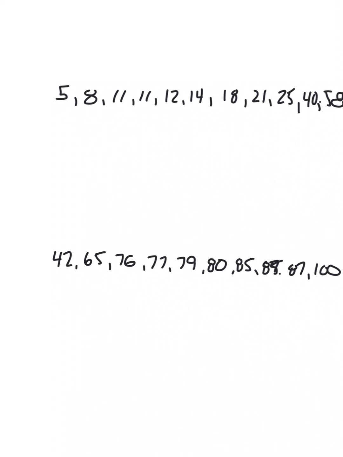For statistics, in this case, we're doing statistics on some data. We've got a total of, in this case, looks like 11 numbers. Our range is going to be our maximum minus our minimum, which is going to be 58 take away 5. So our range would be 53, the difference between the maximum and the minimum. Our mean,